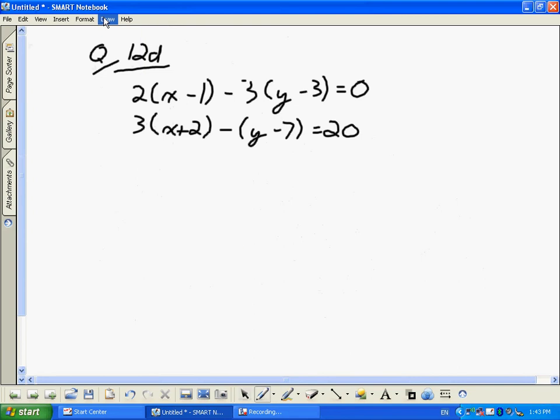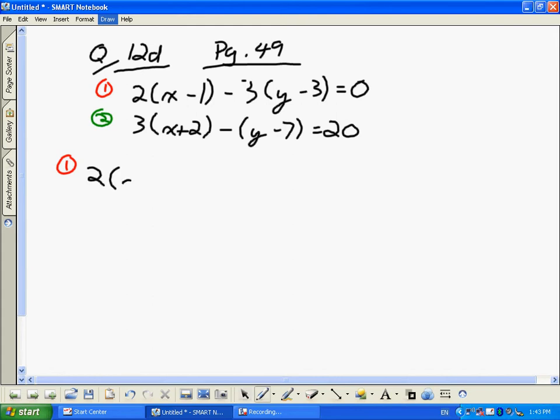Okay, question 12D, page 49. They've given us these two linear equations. When they've given us these two equations, they're not quite in the form we're used to looking at. So, what that means is we're going to have to expand and then simplify first. It'll make it easier to work with. So, our very first equation,